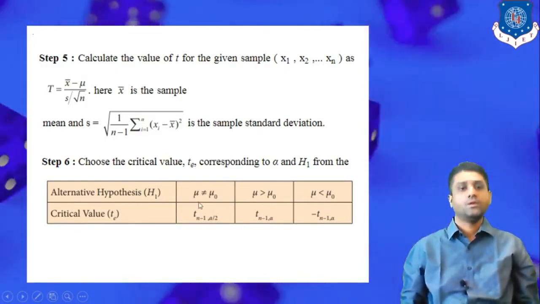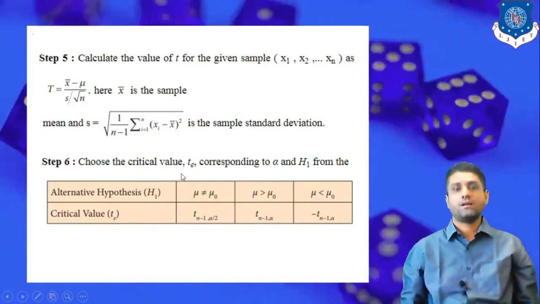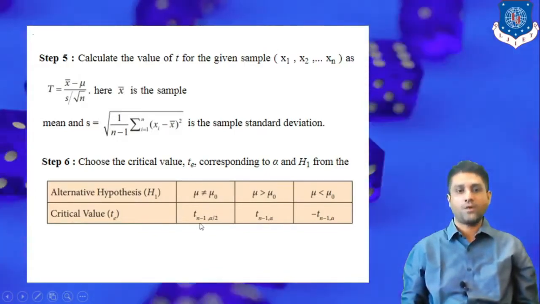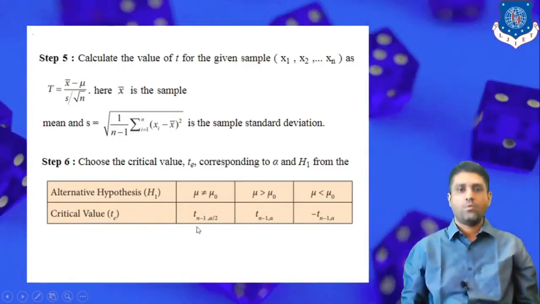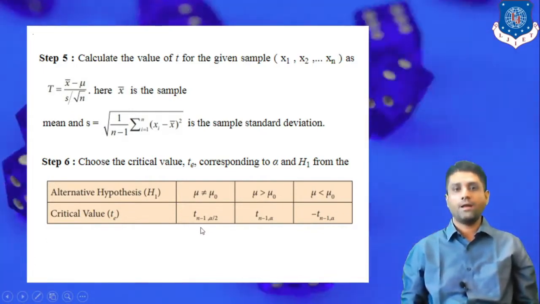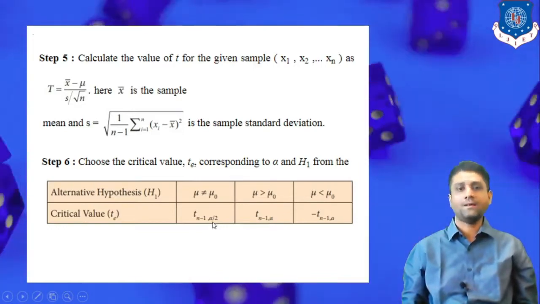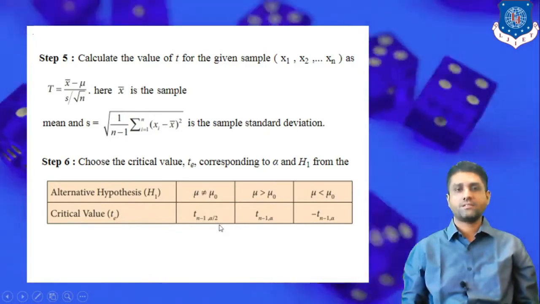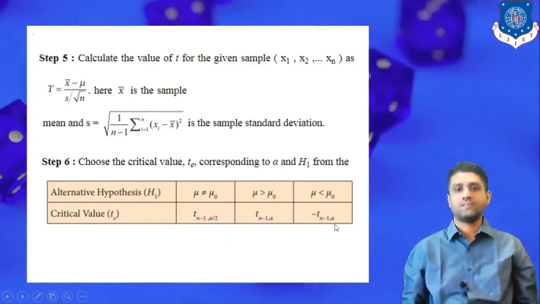table. So, whenever you have to check the value of t from the t distribution table, two things are important. The first one is n minus 1. Now, n minus 1 is known as the degree of freedom, where n is the total number of observations. So, degree of freedom is equal to total number of observations minus 1. Now, alpha is nothing but the level of significance. If it is a two-sided test, then we have to consider alpha by 2. If it is a one-sided test, then alpha is as it is.